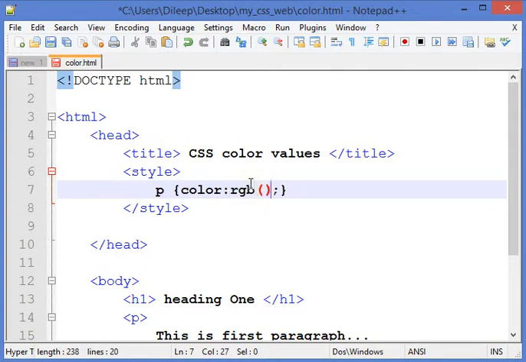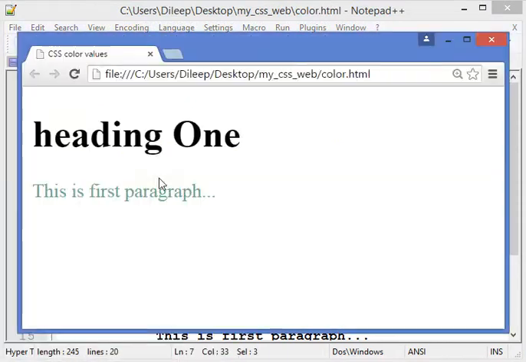So I will use the RGB function, and here I will apply, suppose, 0 comma 0 comma 255. 255 is the highest, so our order is red, green, blue. I have given red 0, green 0, and blue the highest value, so the color will be blue. So let's see. If I refresh it, you can see this color is pure blue, right?